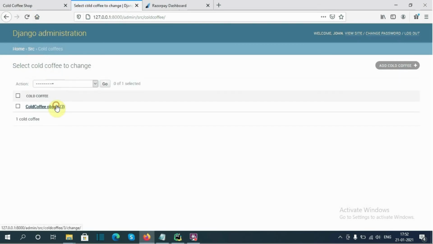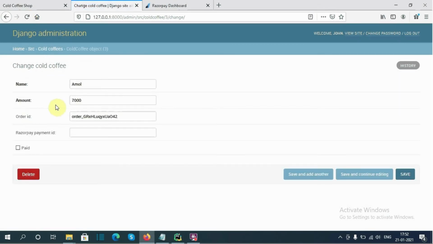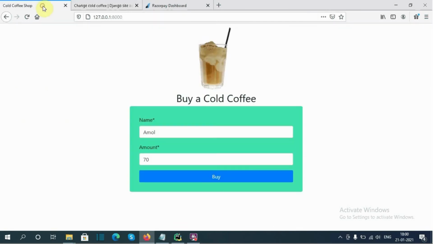Okay, this is the order detail for customer Amol, saved with this name and the amount 7000 in paise, and this is the order ID returned by Razorpay's order API. The amount is not yet paid, so paid is not checked, and the Razorpay payment ID is blank.